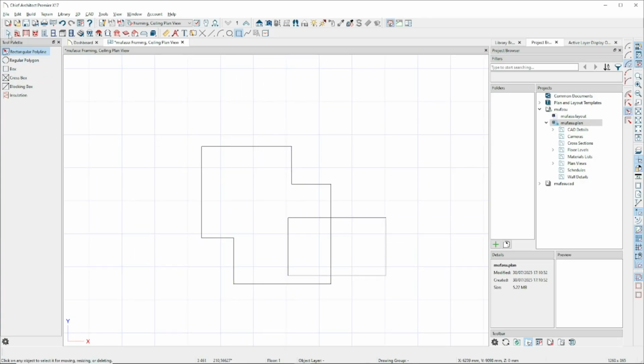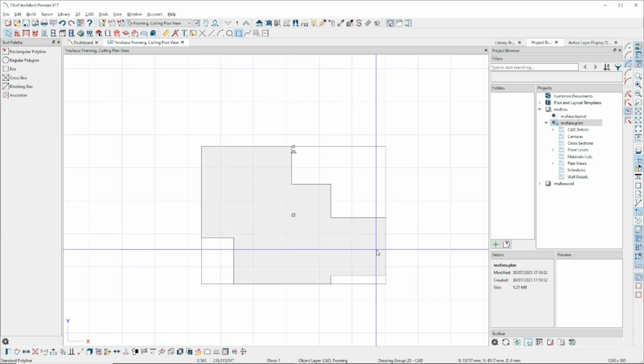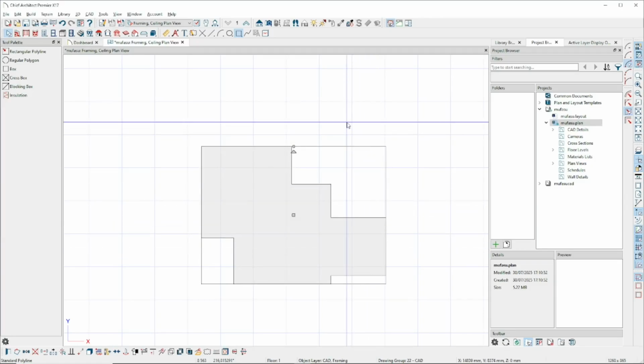Now to join, you can select all objects, use the union tool, and then choose no to delete the original objects. Okay, that's it for basic ShiftArchitect tutorial: how to join